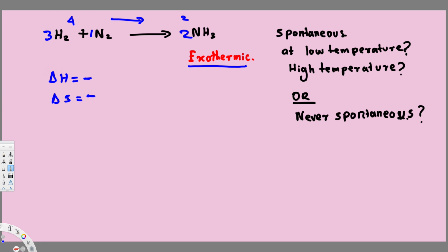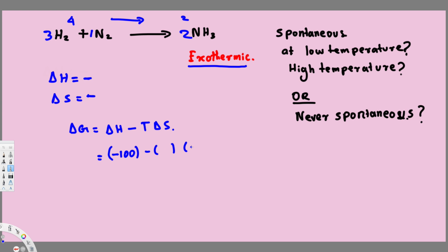How can we use this to predict whether it is spontaneous at low temperature, high temperature, or never spontaneous? To predict that, we take this equation, delta G is equal to delta H minus T delta S, and if we get a negative sign, that means it is spontaneous at that point. So we have to determine what temperature is going to give us the negative sign. That's the main thing. So since both of them are negative, let's take negative 100 for these two, delta H and delta S. Negative 100